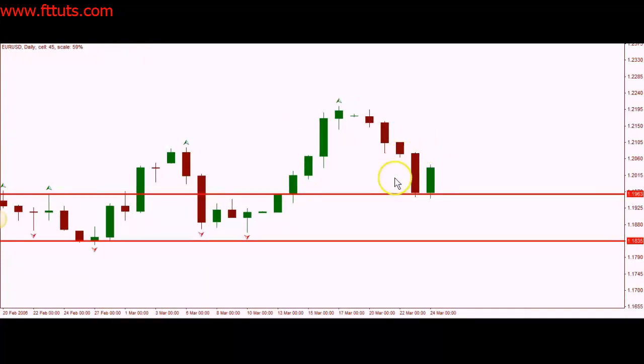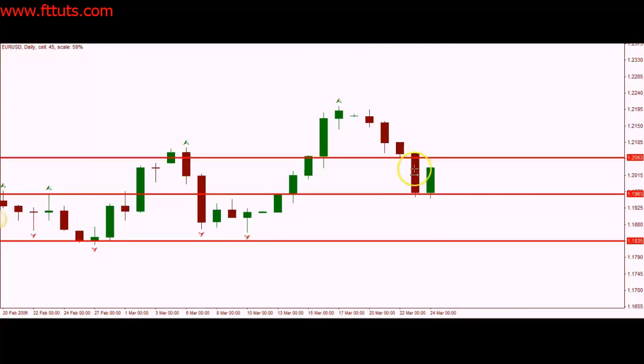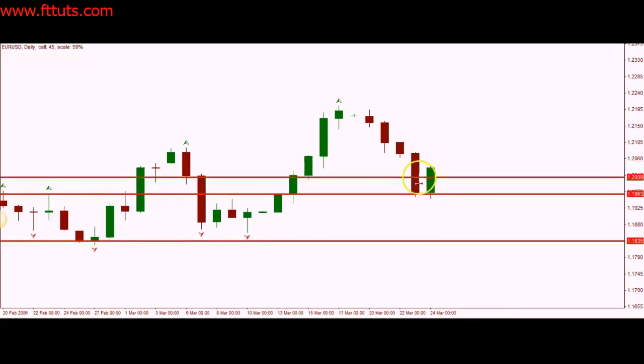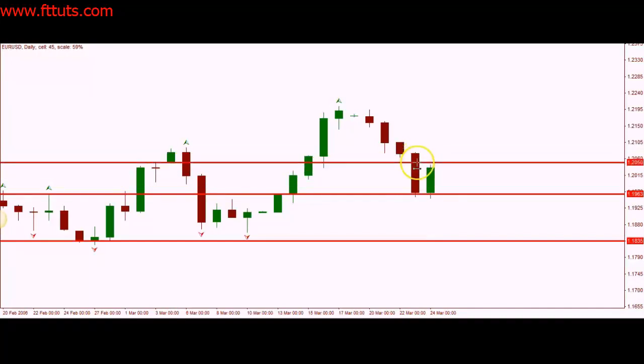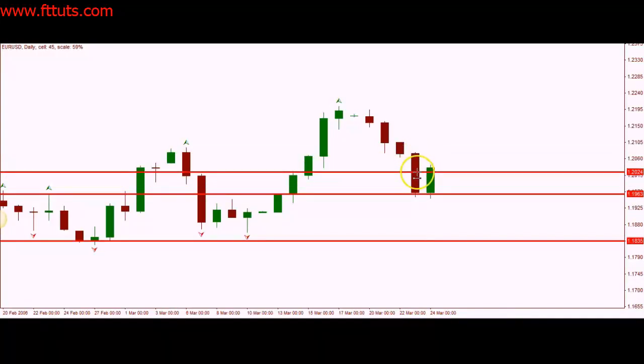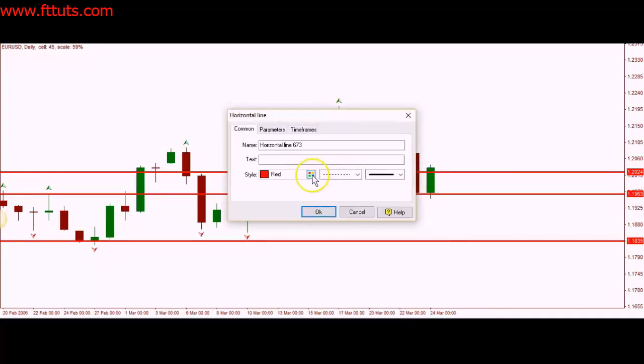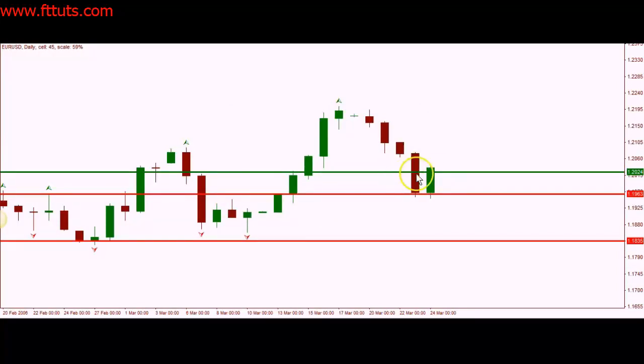So now it developed that piercing pattern that we said, because that candle closed greater than the halfway mark of this candle. This red candle here, the halfway mark is probably around there, roughly. All right, so we're going to mark our entry. That's not going to be our entry yet, but I'm just marking where that midpoint of the previous bear candle